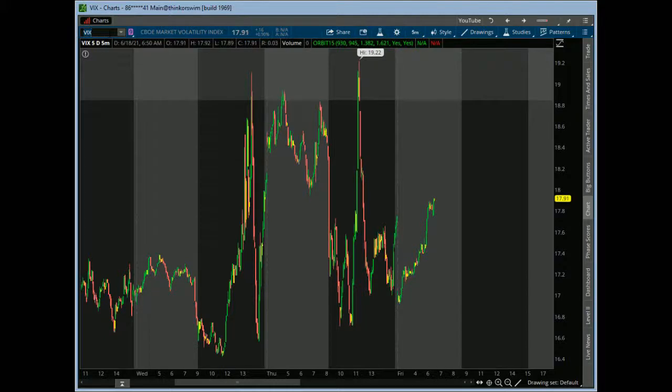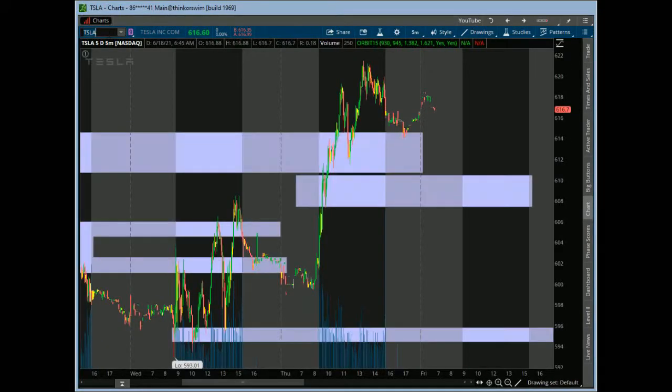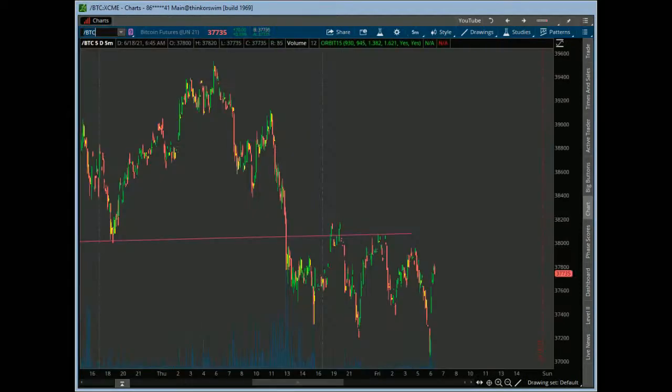VIX is kind of perking up here pre-market, so we'll see how that goes going in today. Apple, really tight range here. Let's even get out of the signal zones. Tesla's kind of a tight range here too. This would have been a nice one too to look for premium selling going into yesterday, but really, just things were not priced really well yesterday, so it is what it is. Let's take a look at Bitcoin. Bitcoin, guys, remember I talked about...